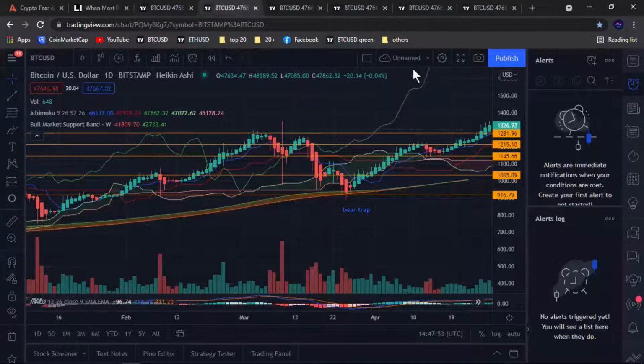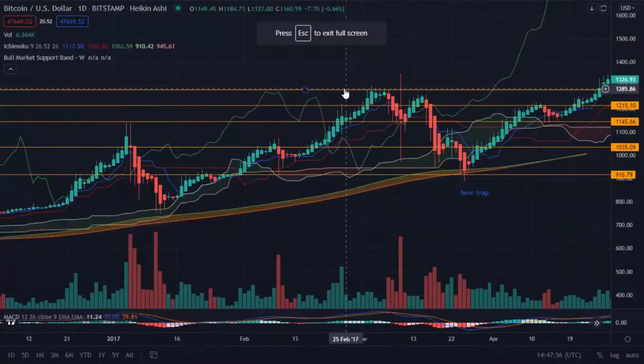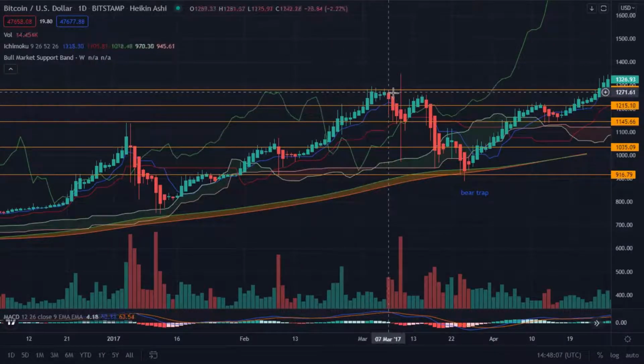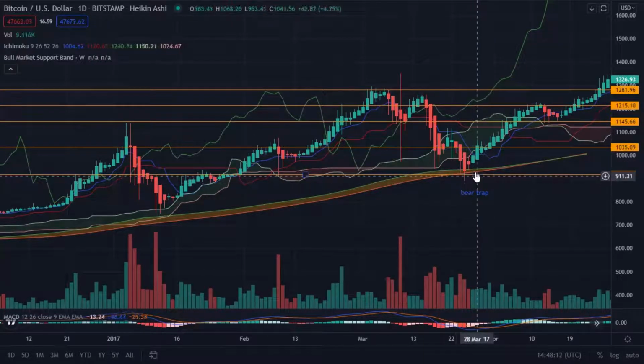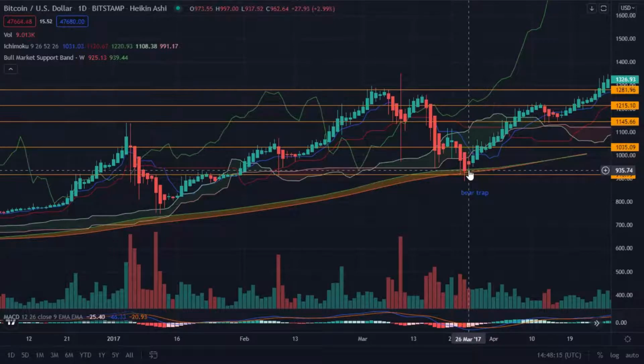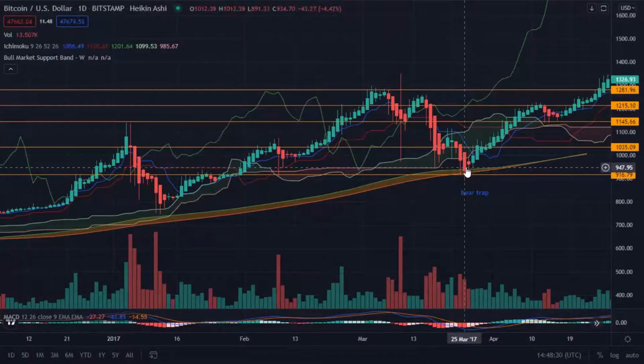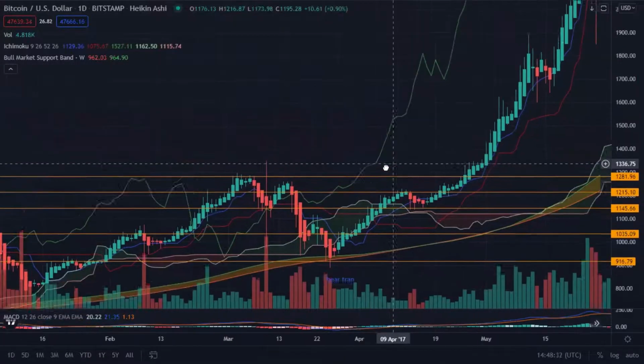The next graph is the 2017 bull market. Here we did very similar things, because history does very similar things. They can point to the future. We went up, people got greedy, price came down, and whoosh, another bear trap. Look, we bounced off the bull market support band. That's why we call it the bull market support band. If we're above it, it's a bull market. If we're below it, it could be accumulation or the end of the bull market, which would be called a bear market. We bounced and whoosh, we went straight back up again.